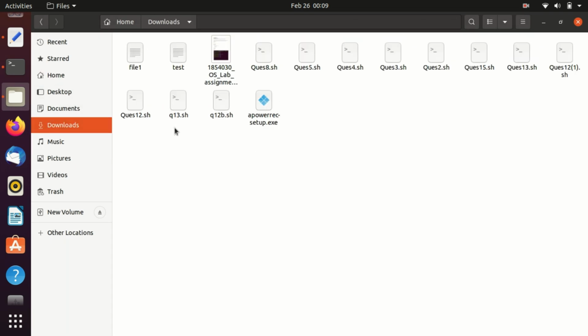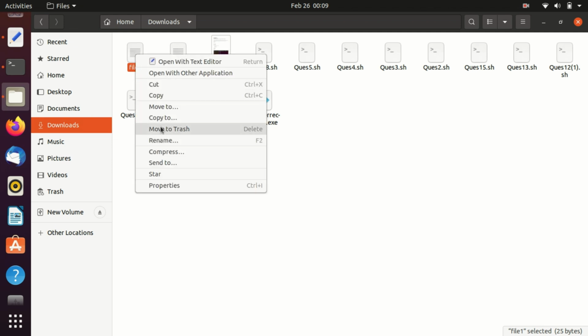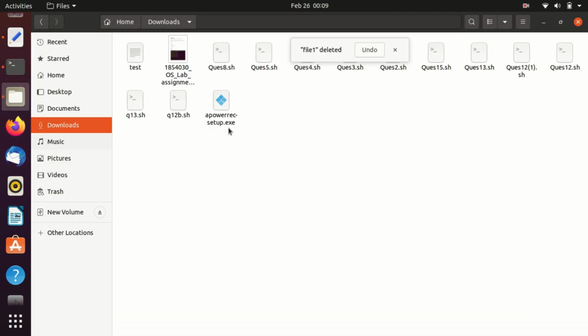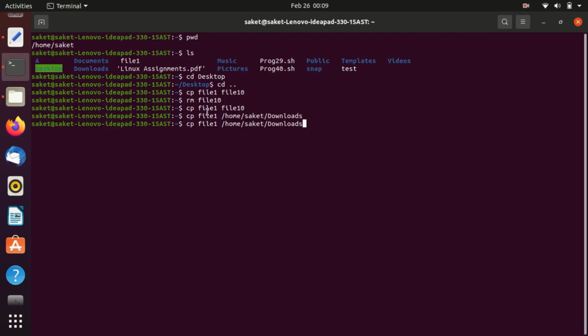Here you can see there is a downloads folder, and now you can see there is a file. Once again I want to show you: first I am deleting it, moving it to trash, and again I am running this command. First you see that there is no file named file 1 in my downloads. Now I am copying my file 1, cp means copy, then the file name, and the downloads path.